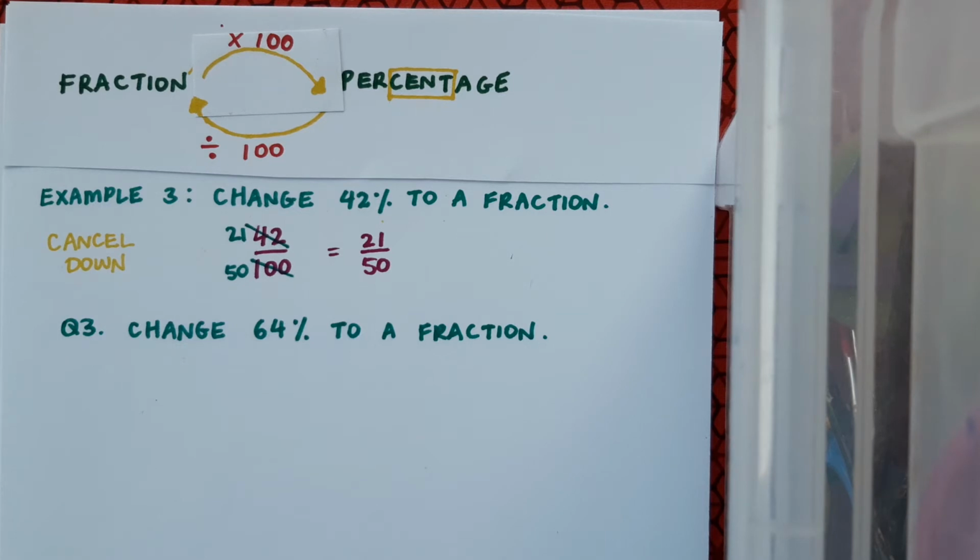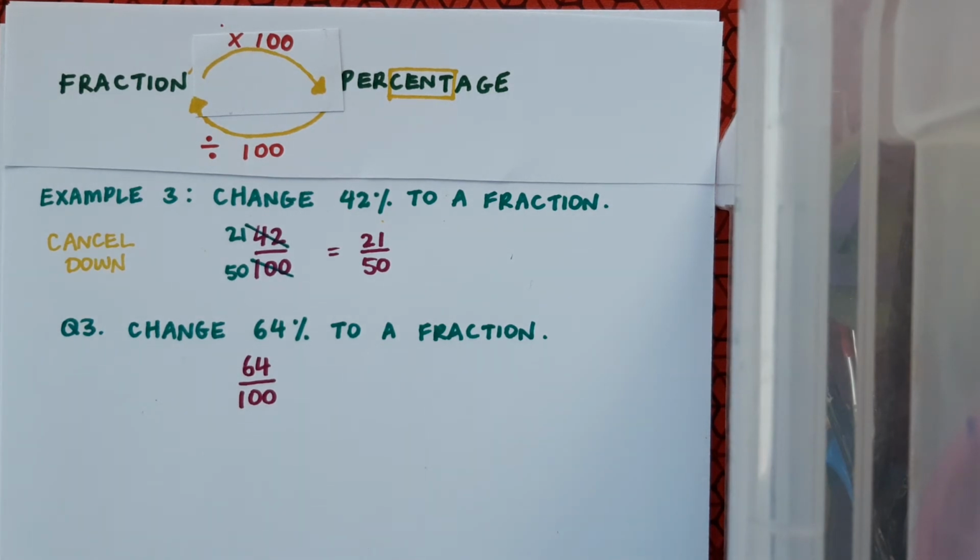So again, to change from a percentage to a fraction, we're going to divide by 100. And the simplest thing to do is simply put the number in the percentage over 100. And now that I've written it as a fraction, I want to cancel if at all possible. So let's have a look. What do 64 and 100 have as a common factor? Well, if we aim low, 2 will definitely go into them,